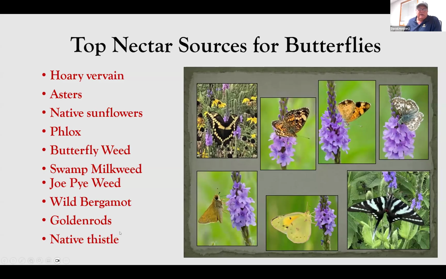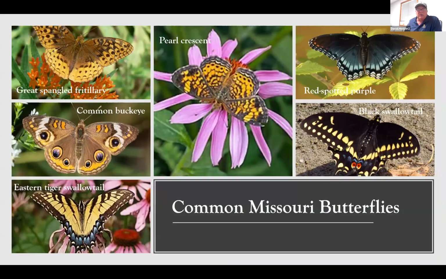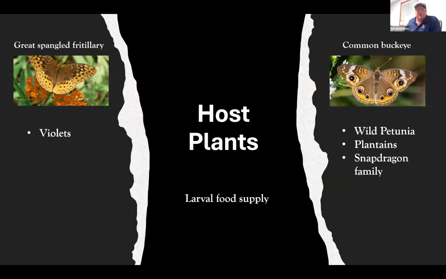butterflies. Again, thistles, goldenrods, bergamot or bee balm, sunflowers, milkweed, very, very critical for all these butterflies. And some common butterflies, you can argue one is more common than the other, but these are just five, six common species I picked out. We'll look at their larval host. If you look at the great spangled fritillary, their host plant is violets and violets only for the most